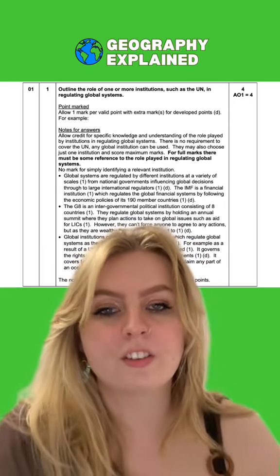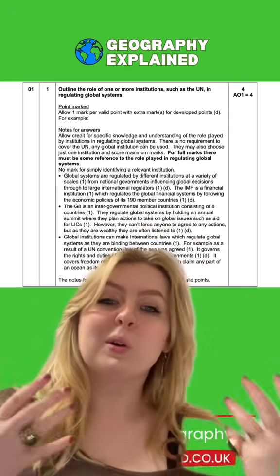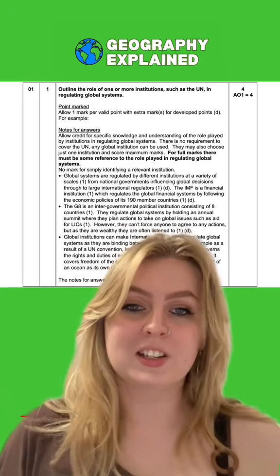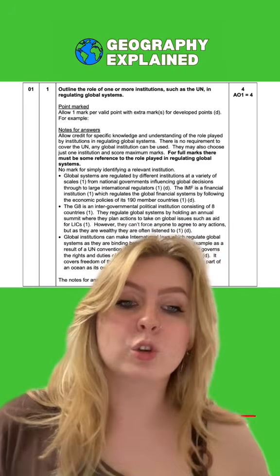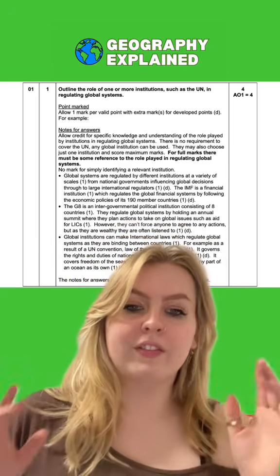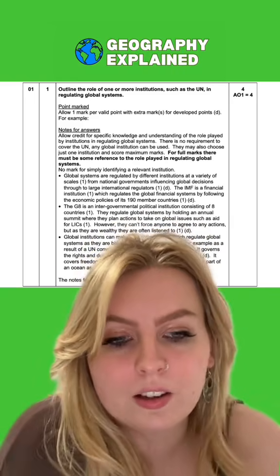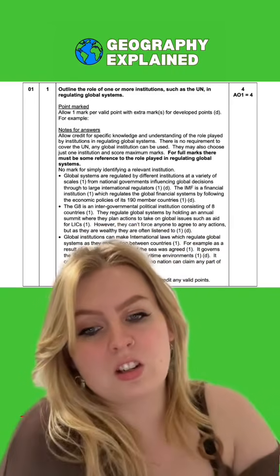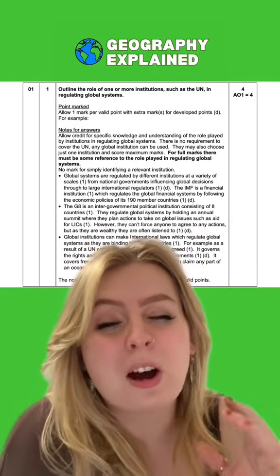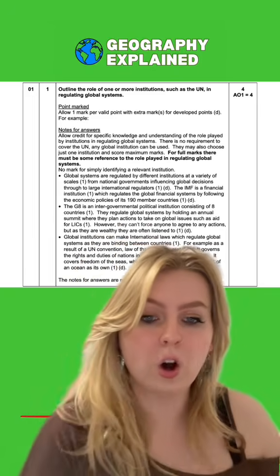And my final piece of advice here is that this can actually be a deceptively easy topic. We all broadly know what these international institutions do, but at A-level geography, you need to be quite specific about it. You really need to avoid vague or fluffy language and be quite explicit about the details here. So we need to describe what the institution does, what powers it has, and how much legal authority or influence or not it actually holds.